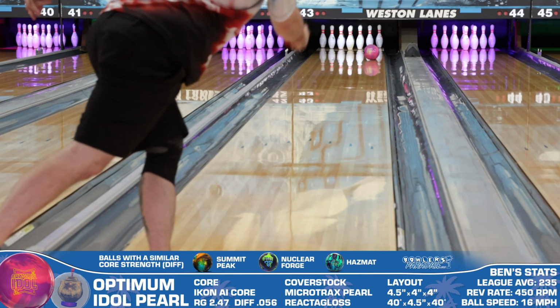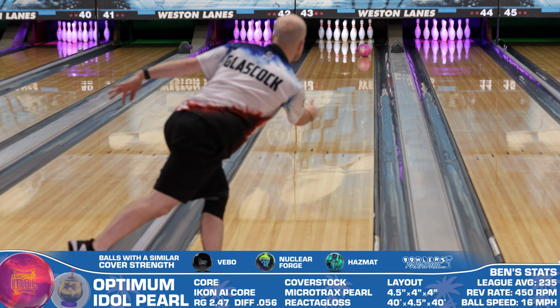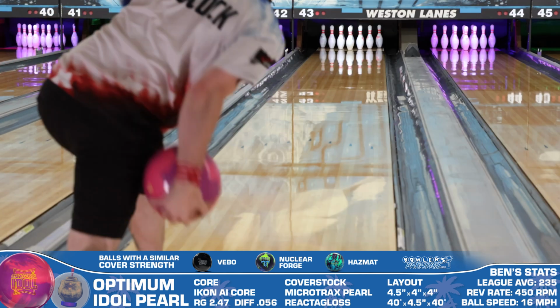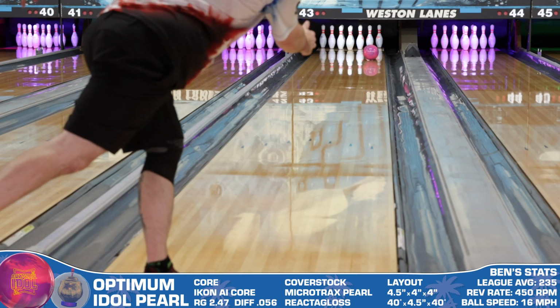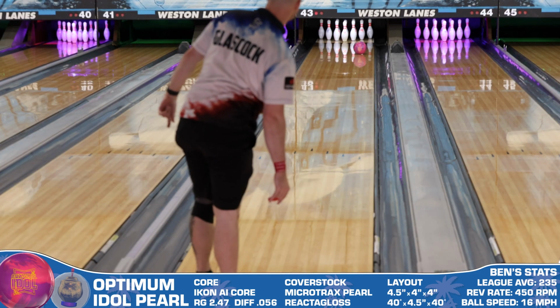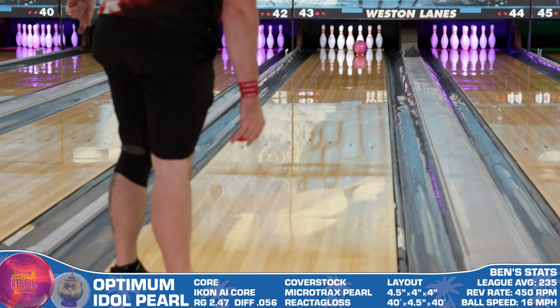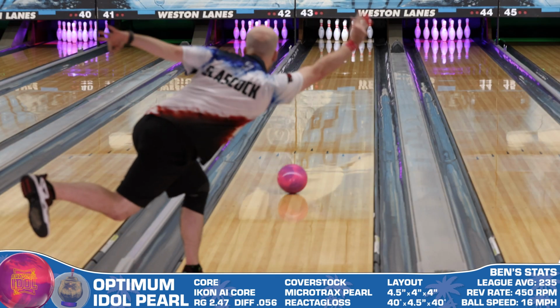But my favorite part about throwing this one was the insane continuation through the pins. This thing makes the turn, goes uphill, slams the pocket, and still just keeps hooking. Watch the way it spins through the pins, especially when I get into fourth arrow. It's so cliche to say that a new piece is clean and continuous, but the Optimum Idol Pearl has that